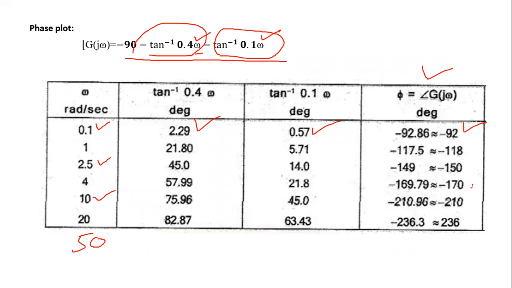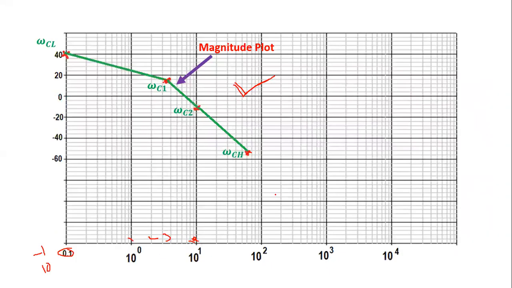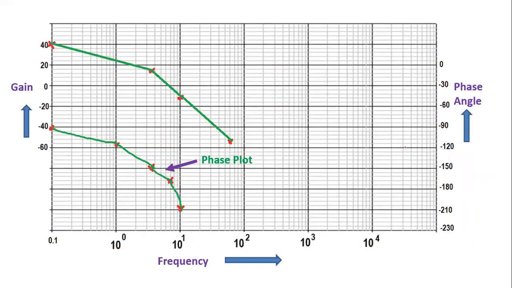We need to cross check. If we observe, all the angles are negative angles, starting from minus 90 to minus 230. So the graph will come in that range only, and based on that, we need to choose the scale. In our case, we have only negative values. The graph is coming from minus 90 to minus 230, so I'm choosing like this. This one I'm taking as the 0 reference. On top, it will be plus 30, and down minus 30, minus 60, minus 90, multiples of 30. So each unit we are taking as 30 degrees.